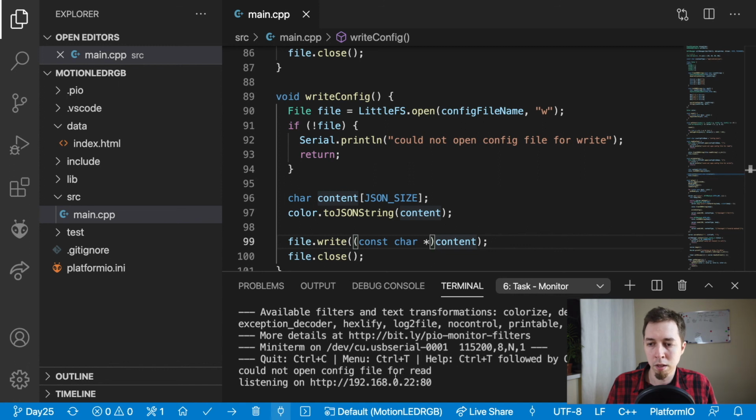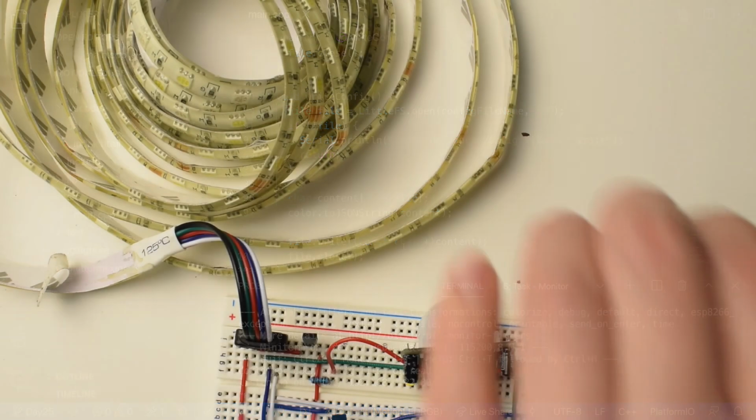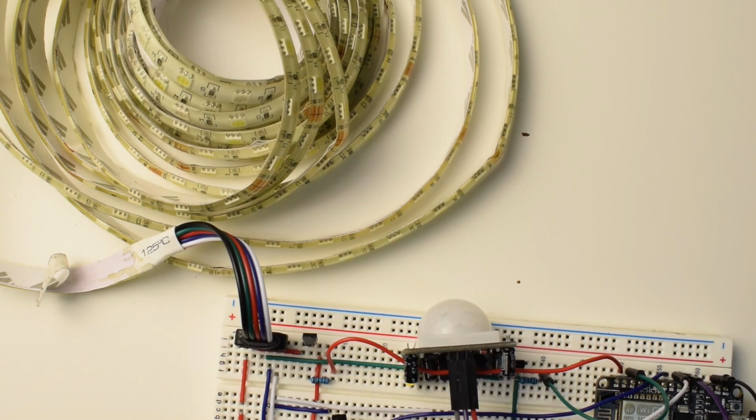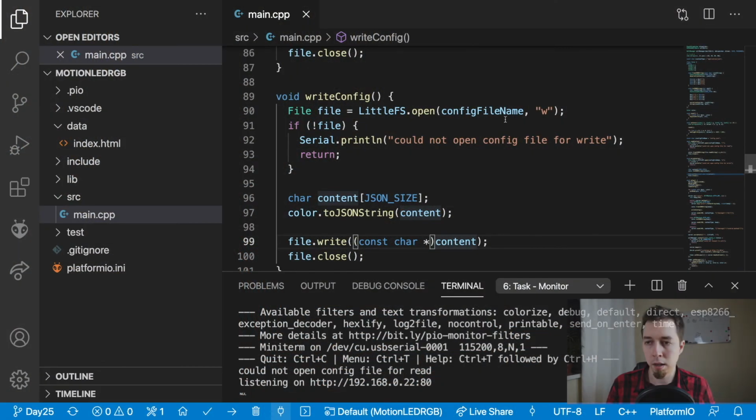And we're listening on 192.168.0.22, so that hasn't changed, right? And now, when I make a motion, we won't get anything. So as you can see, all the color channels are set to 0. And now,